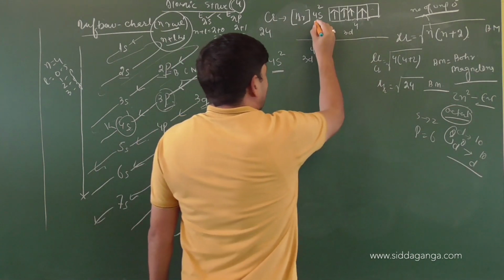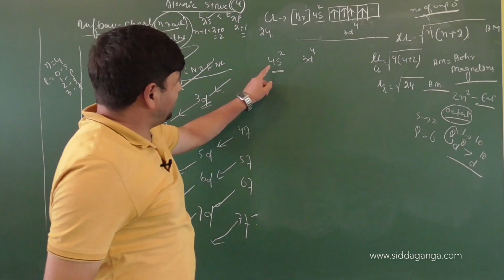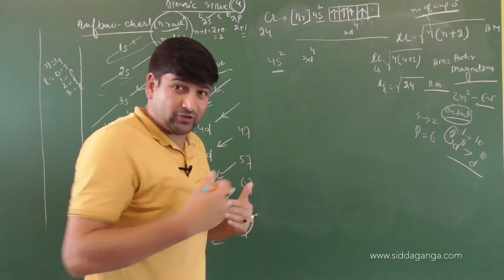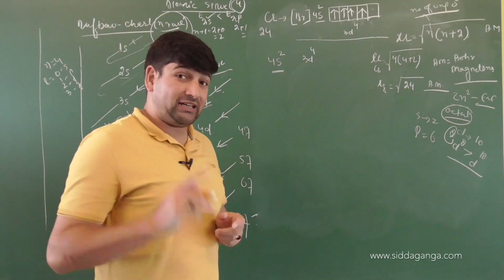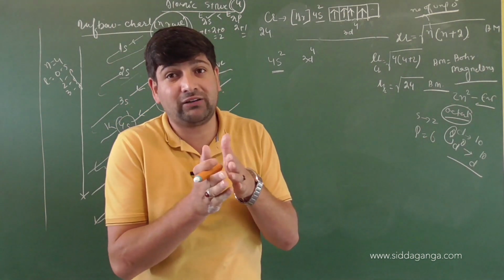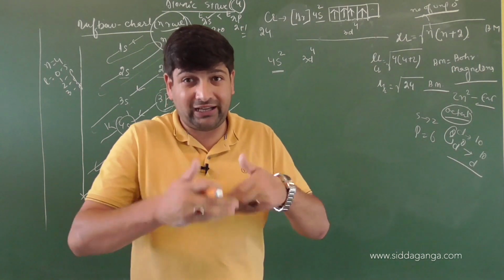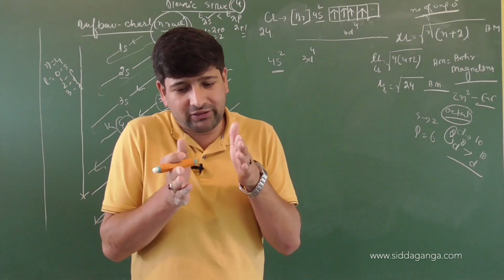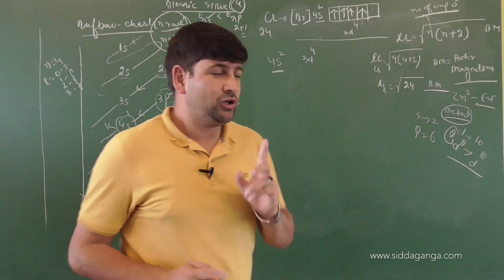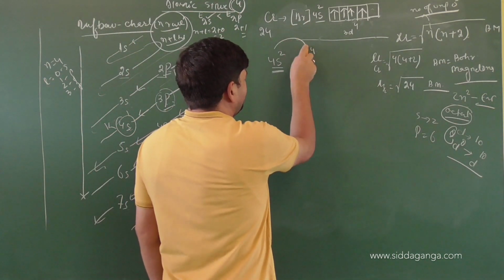Now have a look. The energy difference between 4s and 3d is very small, because anyhow these subshells are far from the nucleus. They are not very close to the nucleus. And I said during my first discussion, when you keep going away from the nucleus, the lines will start to converge. That is, shells will start to converge. The energy levels, energy states will be closer and closer to each other, so that the energy difference between the two is very less. So there is a definite chance that an s electron can be shifted into d.